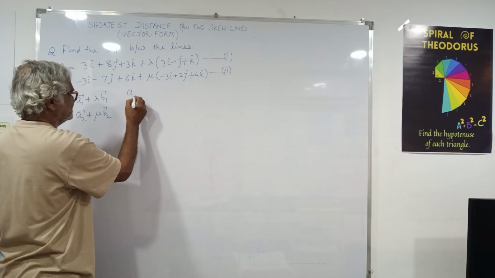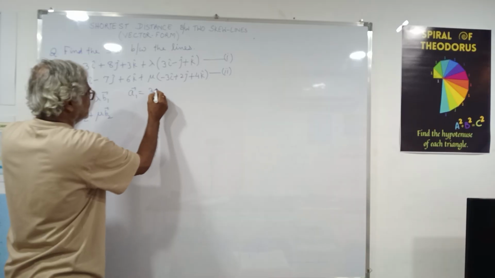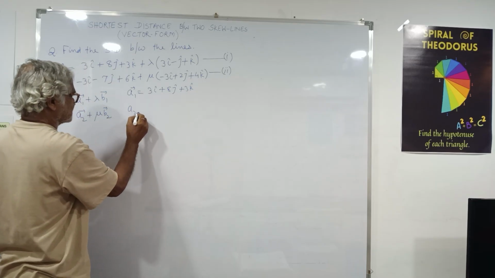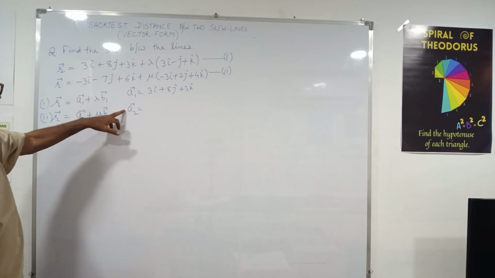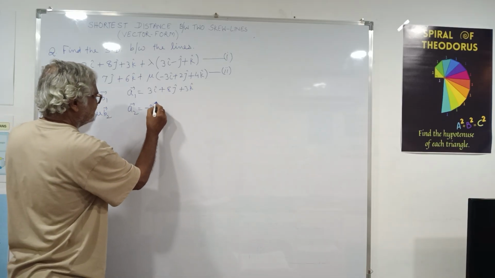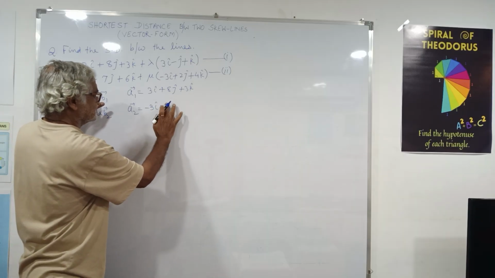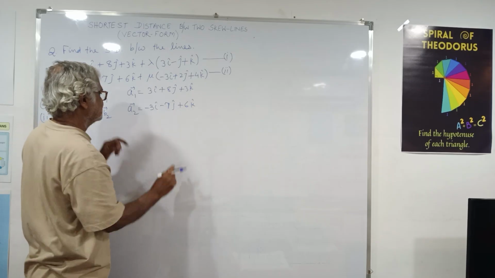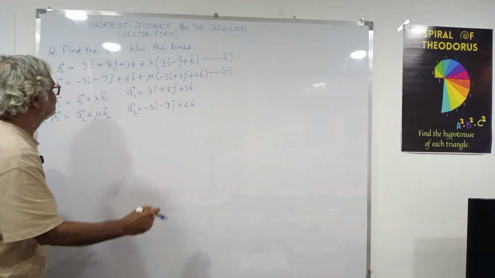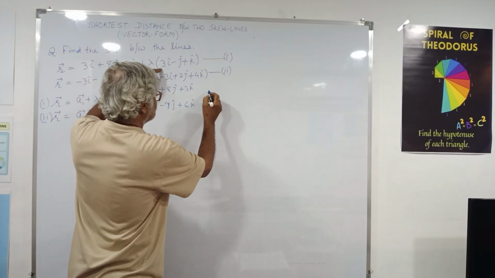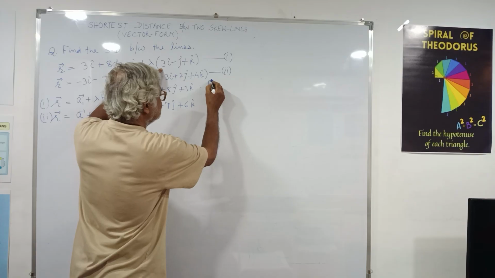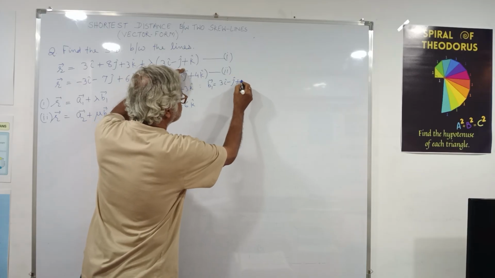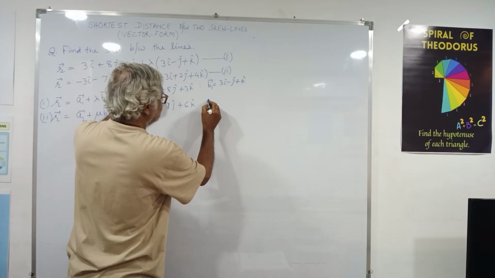So our a1 is 3I cap plus 8j cap plus 3k cap, and a2 vector, position vector of the point a2 vector, minus 3I cap minus 7j cap plus 6k cap, and b1 vector is 3I cap minus j cap plus k cap, and b2 vector